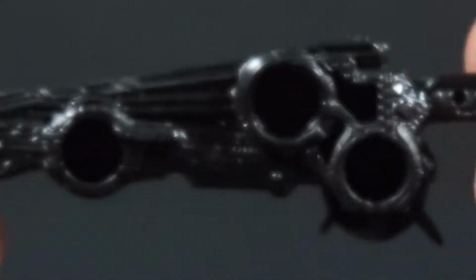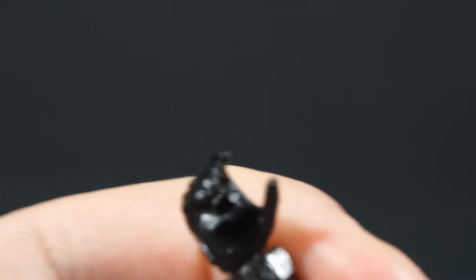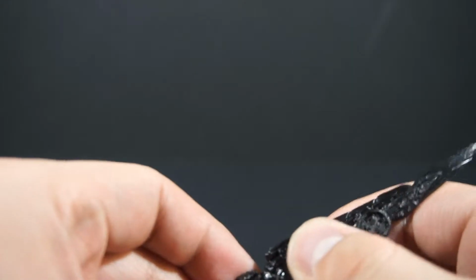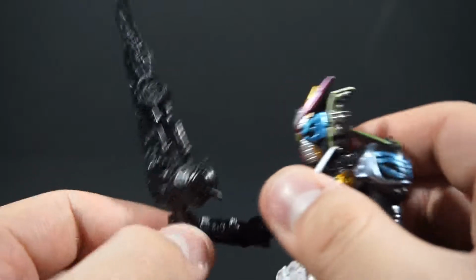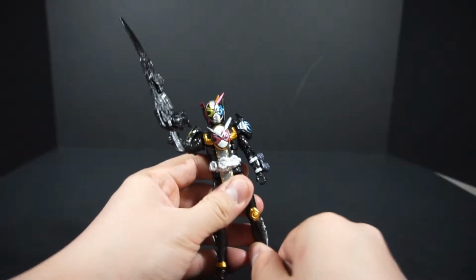As you can see here, the back's pretty bare, and there is also a peg back here because this hand actually has a minimal peg. So all you do is just simply peg this in, like so. Then there you got Geo holding the Psycho Grade,